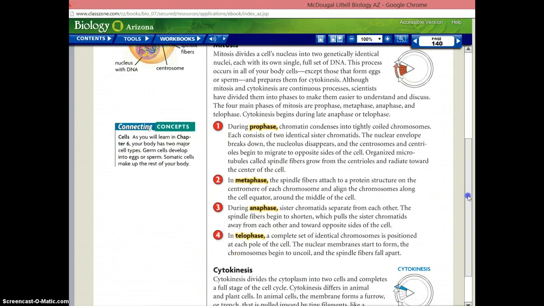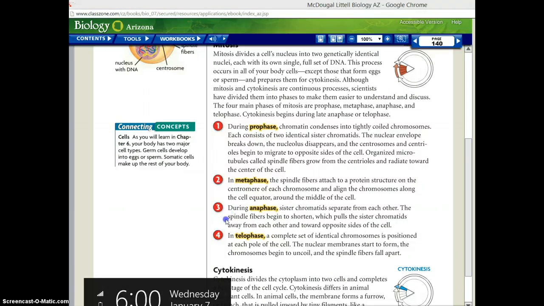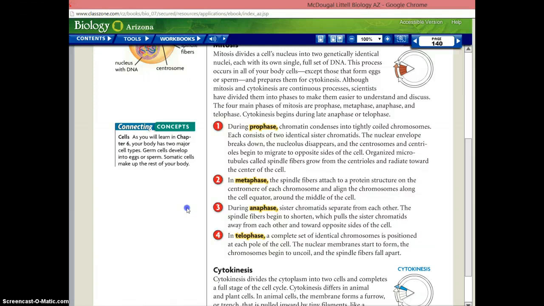Our third stage, anaphase. During anaphase, sister chromatids separate from each other. The spindle fibers begin to shorten, which pulls the sister chromatids away from each other towards opposite sides of the cell. So let's check out